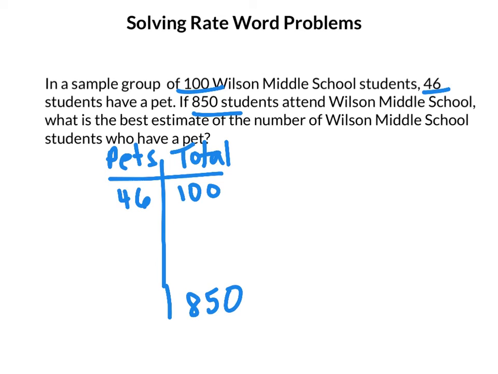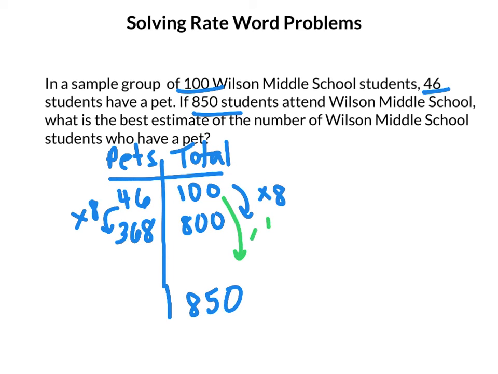I can easily get to 800 by multiplying by 8. So that would get me to 800. So times 8 here is going to be 368. And then I need to get 50 more. So I'm going to go back to my 100, and I'm going to get half of the 100. So I have 50, and that's half